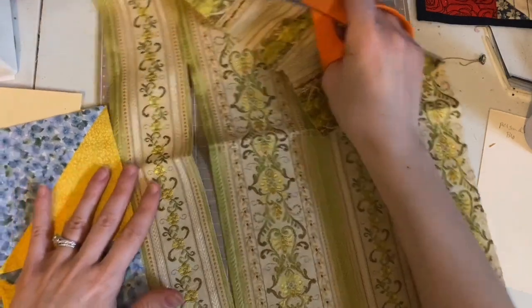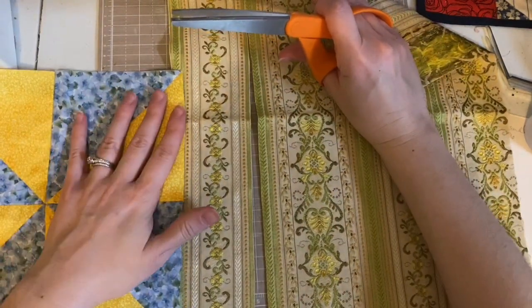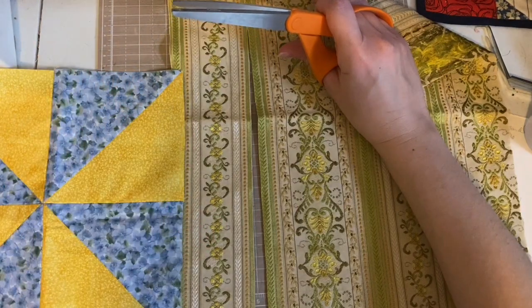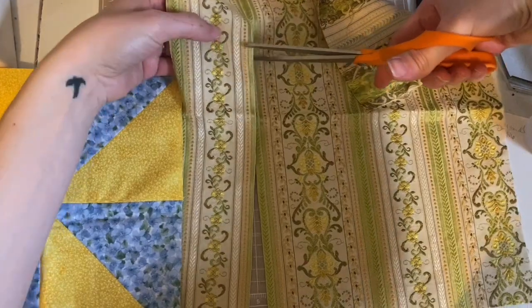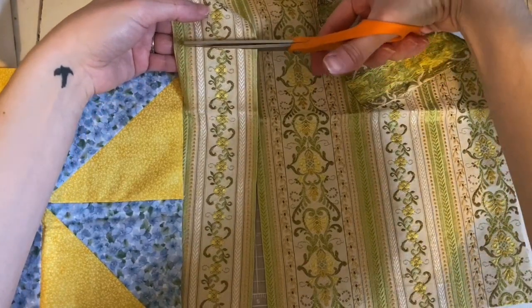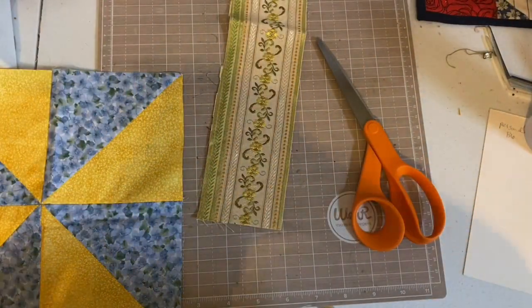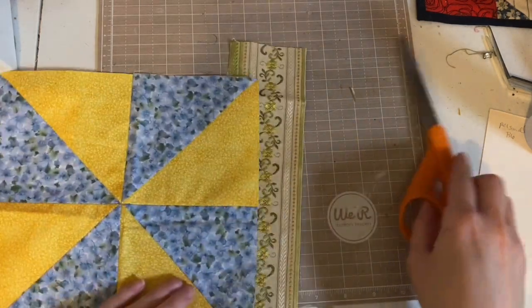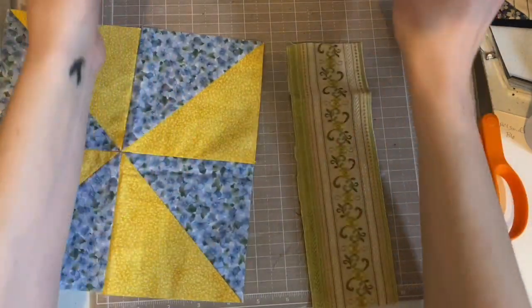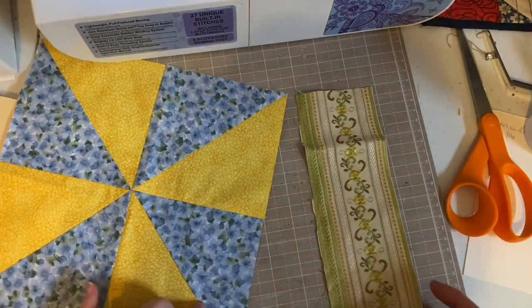Hopefully you guys have a smoother process than this. Yeah, I think that'll look nice. Okay. So just trim off that much and put the rest away. Okay. So now